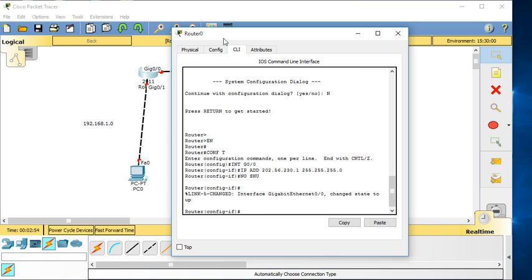This is the outside address, the inside global address. So we write ip nat outside.